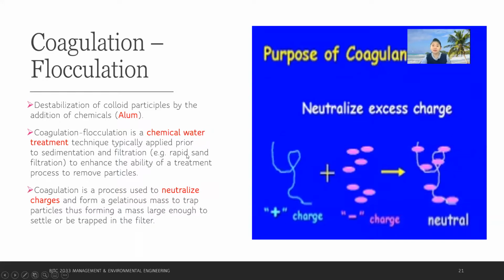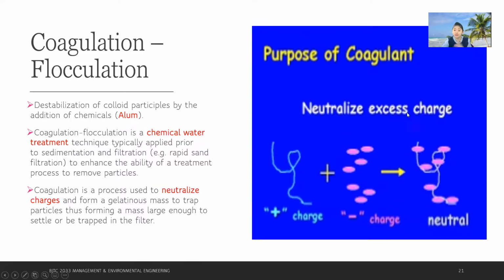So what are coagulation and flocculation? The purpose of the coagulant is to neutralize the excess charge. We have some particles in a negative charge, so we will add in a positive charge to group them together. This is the destabilization of colloid particles by adding chemicals, which we call alum. In our formulation we use alum. So coagulation and flocculation is a chemical water treatment technique applied before